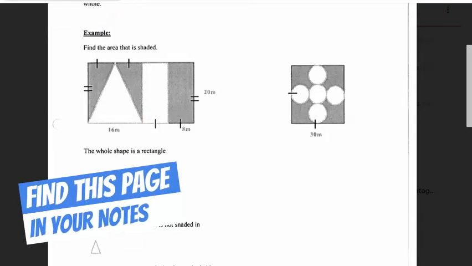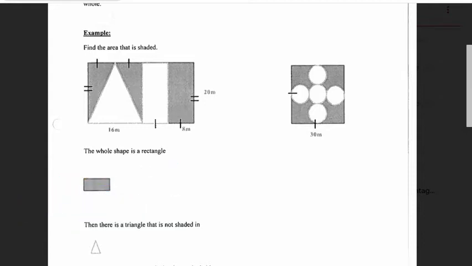In this video, we are going to take a look at multiple shape areas. A lot of people find this difficult, but what you need to understand is all we're doing is finding the shapes one at a time. Most of the time, you find the whole entire shape, and then it's usually about subtracting off the pieces. So in this case, it says find the area